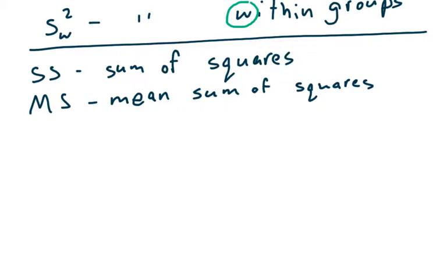But the notation that we're going to be running into, we're going to see a bunch of SS, and then a subscript, and then a bunch of MS with whatever corresponding subscript. It's either going to be a B or a W. Now, SS is going to be standing for sum of squares, and then to just kind of shorten it, MS is going to be the mean sum of squares, which